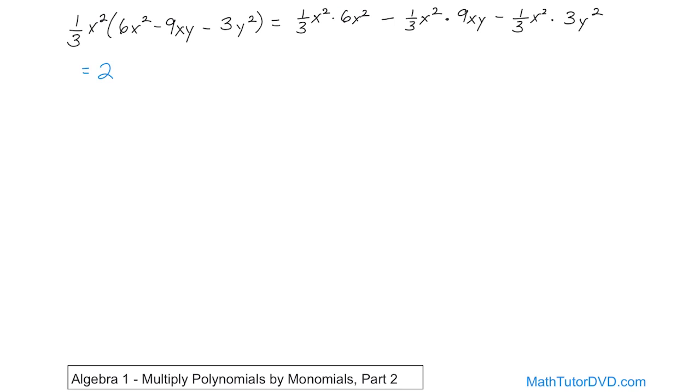And then we have the x squared times the x squared. Those are the same base, so we can add the exponents, and that gives us x to the 4th power. That's the first term. Now we have a minus sign,